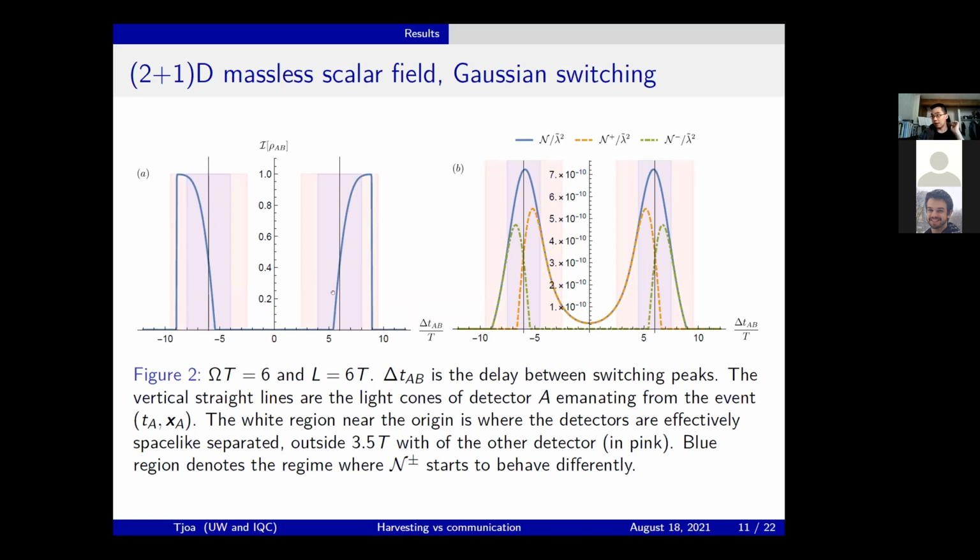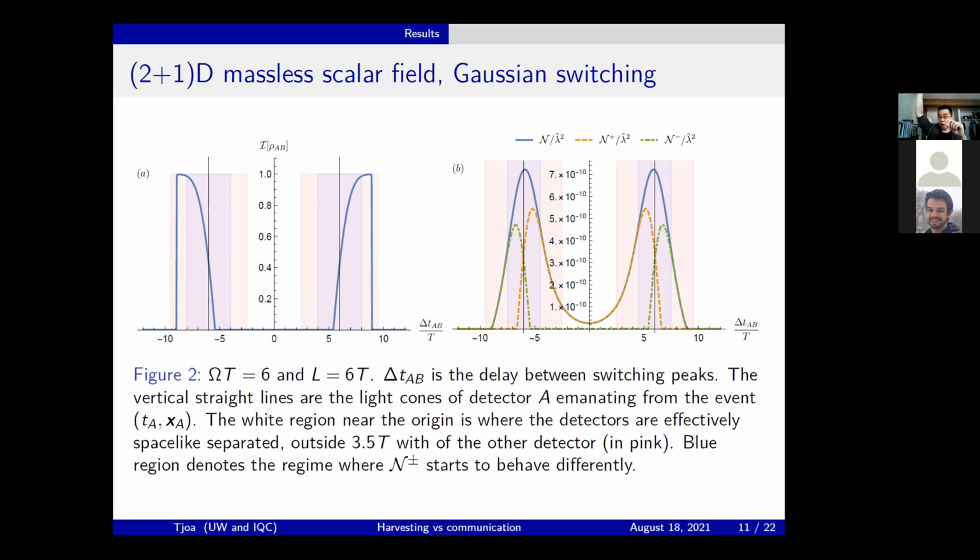If you look at the plot, what happens again is that once you start to approach the light cone, the communication component starts to climb, and then it will eventually become essentially all the entanglement that you get as you approach the interior of the light cone. And then the only subtlety with this estimator is that this sudden precipitous drop is just because, as you increase the space-time interval between two detectors,